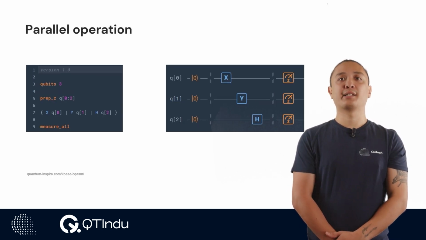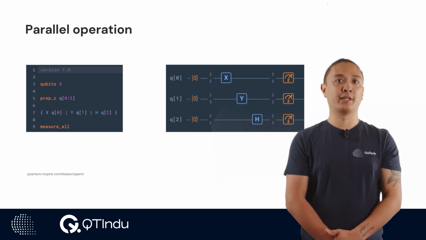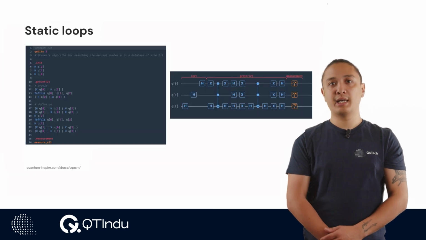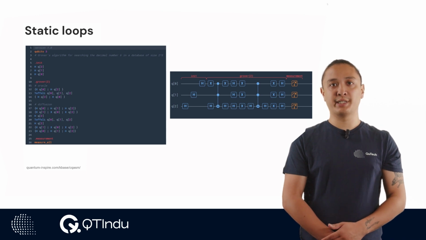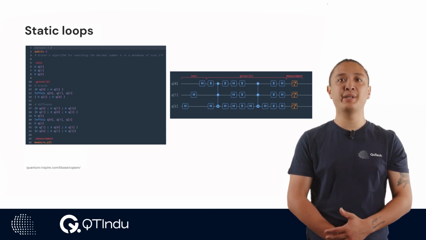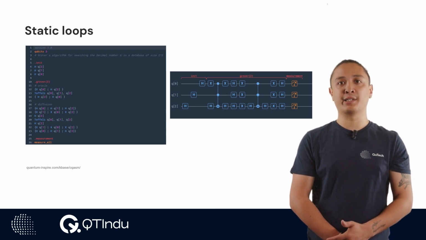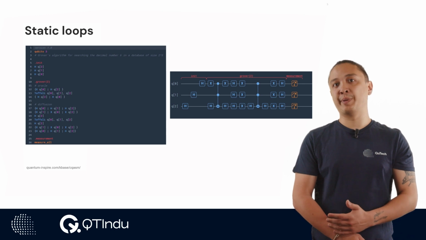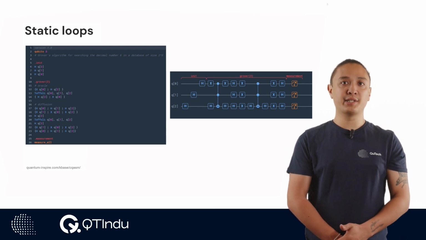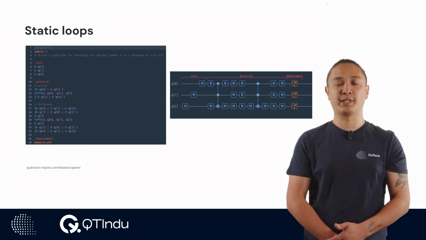We can also implement static loops in CQASM. This enables us to repeat a specific subcircuit, which is often an essential part of certain quantum algorithms. As an example, we present here Grover's algorithm. To implement a static loop, we simply append an integer between brackets immediately after a subcircuit name. Here, we perform this by adding a 2 in brackets right after the subcircuit Grover in line 10. Note that if we were to add a measurement at the end of the Grover subcircuit, we would be measuring the qubits twice. To avoid doing this, we should create a new subcircuit and then add a measurement here, as shown here in lines 25 and 26.